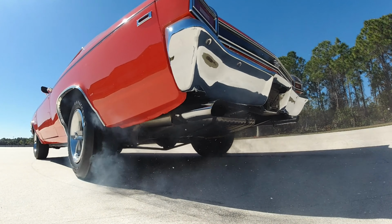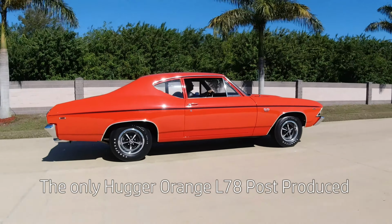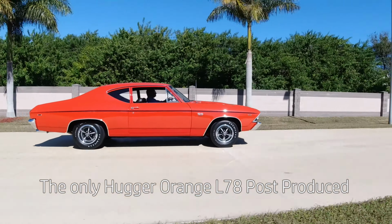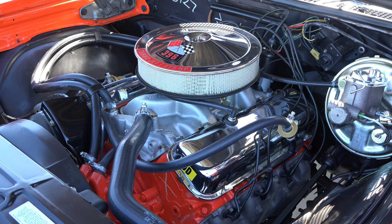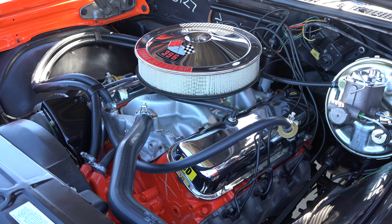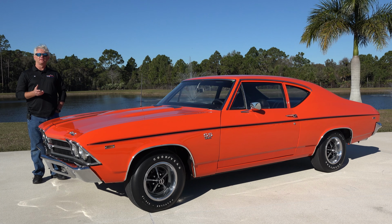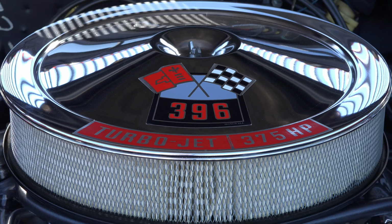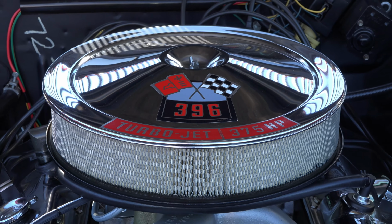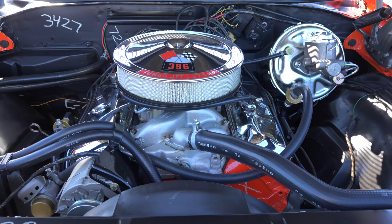Exterior color is Hugger Orange, that was code 7272. Along with that, this comes with the L78 396 375 horse. The internals on this car: 11:1 compression, solid lifter cam, high flow rectangle port heads, the aluminum high rise, and the 4150 Holley. Also part of the COPO package, you can see it has increased cooling capacity and a larger